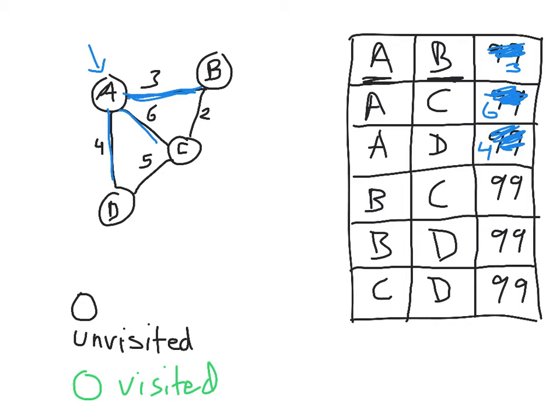We've checked A to every single one of its neighbors, and once we've done that, we can say, you know what? We've seen all that A has to offer. It is now visited. All right. So once it is visited, now we need to move on to a new node that is unvisited, and it's going to be a neighbor of A. So let's say we move on to this new node, B,